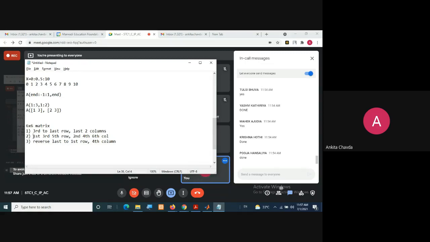Then first, third, and fifth row, but second, fourth, and sixth column. And you want to try in a reverse manner, last to first row, but only the fourth column.